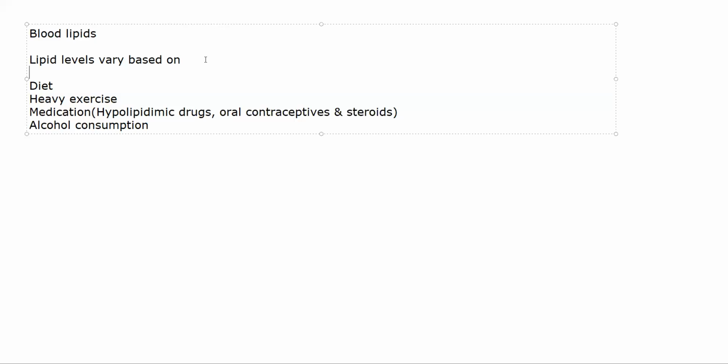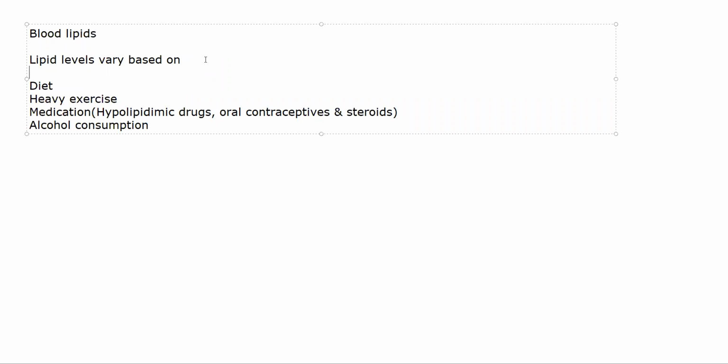Now, as such, whenever collection of blood is done for lipid profile, you do it with anticoagulant. It is generally recommended that it is done with anticoagulant. If you are taking a blood sample without anticoagulant, you have to allow it to clot for at least 30 minutes at room temperature. That is before you centrifuge it. Okay.